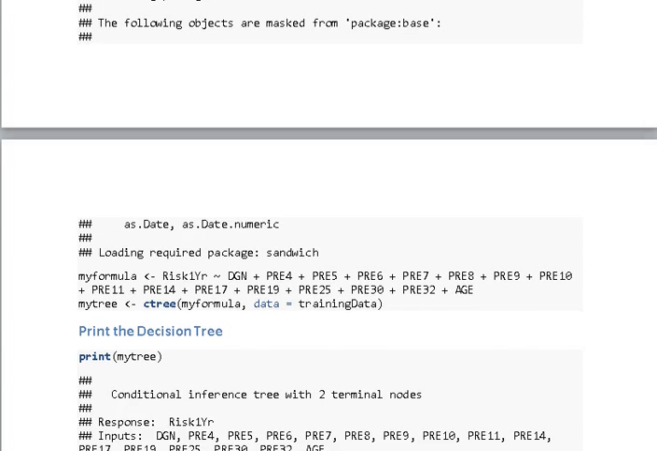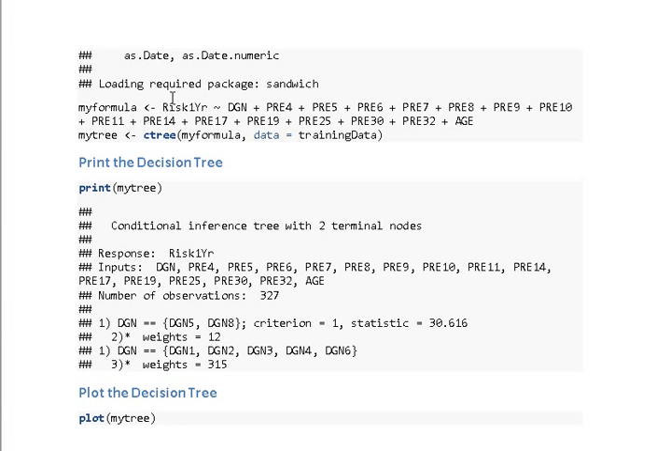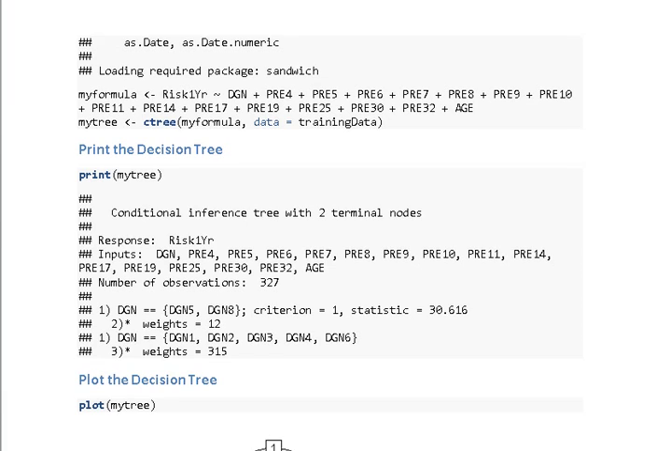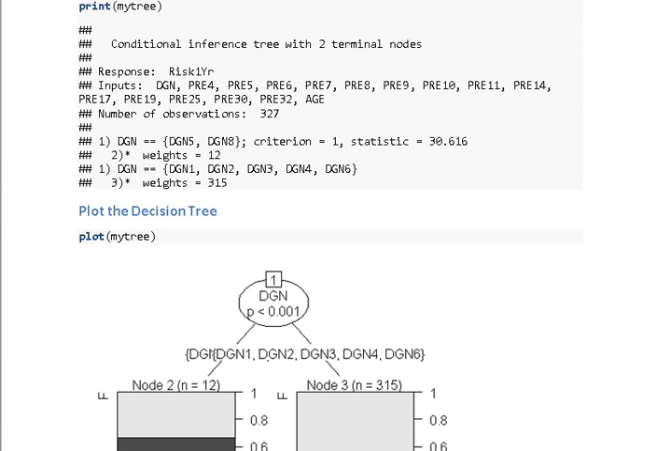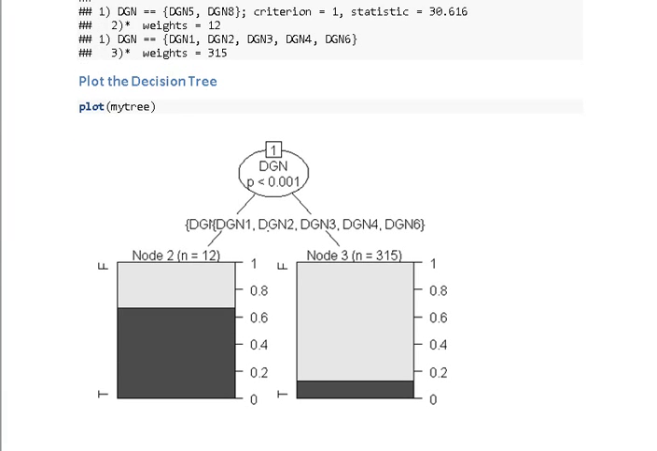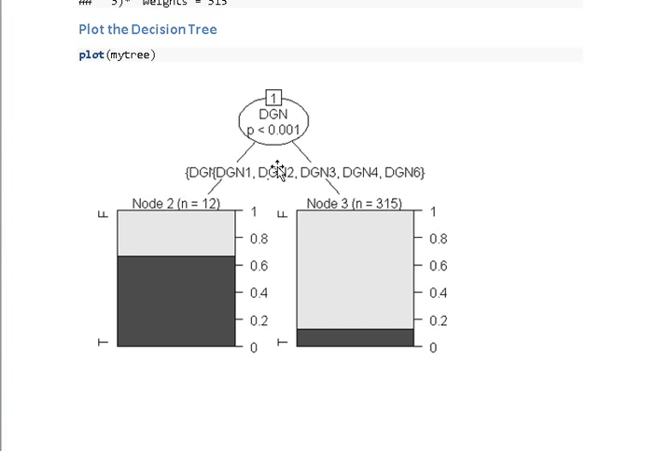The first decision tree library that I used was the party package, and so I loaded that, and then I created my formula to try to predict the risk after 1 year using all the different attributes, and created my tree using the ctree function and the training data set. Then I printed that decision tree, and as you can see, it only used the diagnosis attribute for the predictions. So then I went on and plotted that, and the plot again shows just using the diagnosis